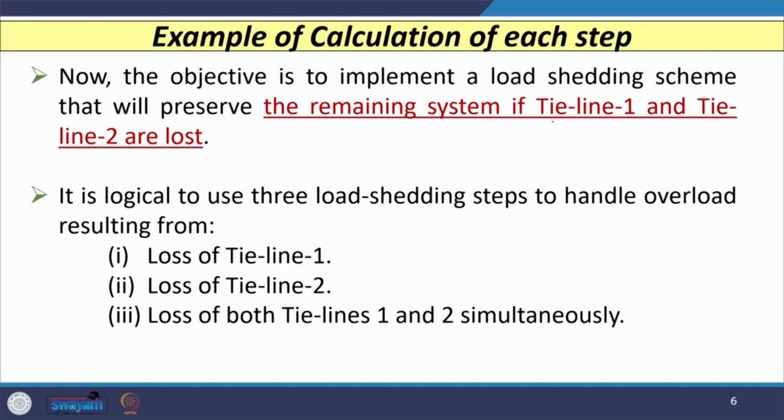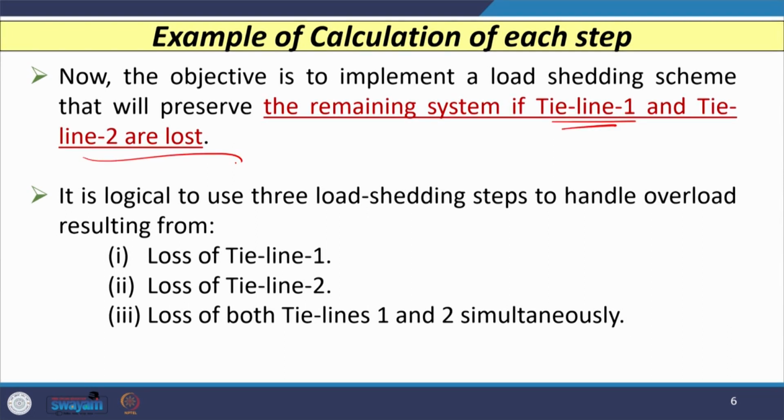Our objective is to implement a load shedding scheme that will preserve the remaining system, that is, the remaining loads or feeders connected to bus C when tie line 1 or tie line 2